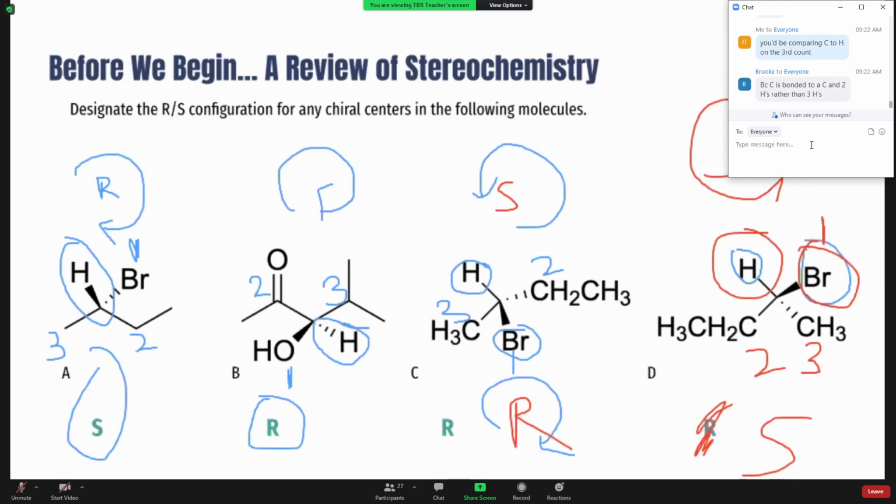And then if your fingers curl and they follow the direction of the designation of priority, then that hand is the proper designation. So if your right hand follows the correct order of the, let's say, for example,